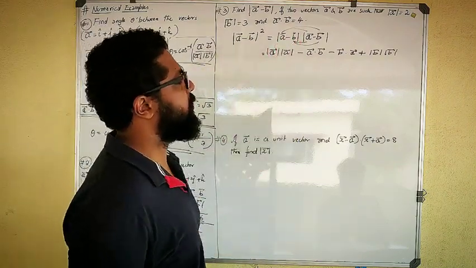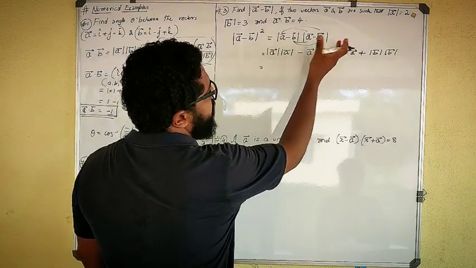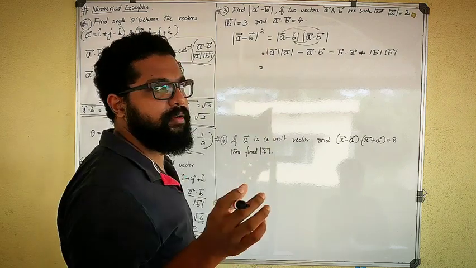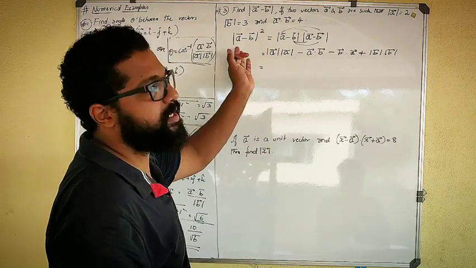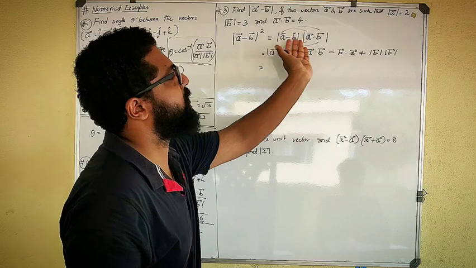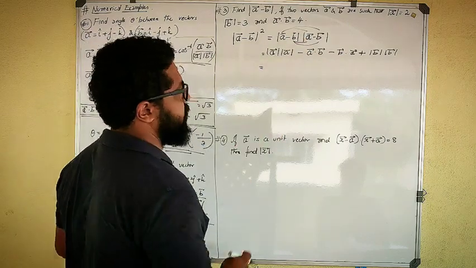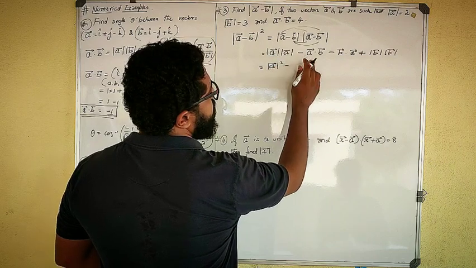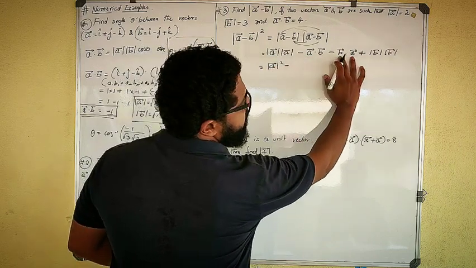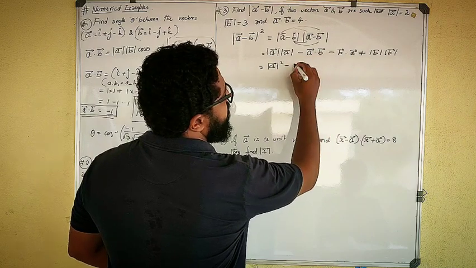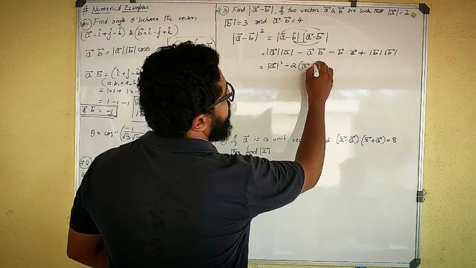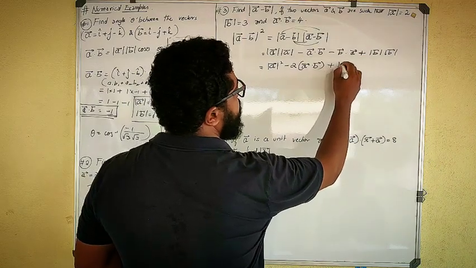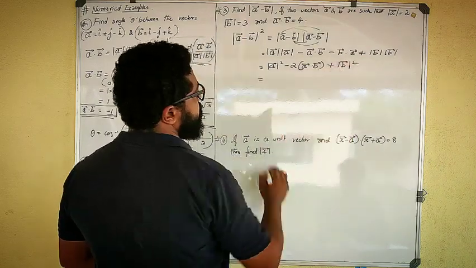That also you can remember it that way, but it is better that we don't think of it as a formula. Why? Because they have not given it as any other variable. A and B are not variables, but instead they are vectors. So I'll do this one step extra, since they are vectors. So here magnitude of A into magnitude of A is magnitude of A square. Again, A dot B is the same as B dot A, which means both have the same sign. 2 times A dot B I can write. Correct? Then last one is plus magnitude of B square.